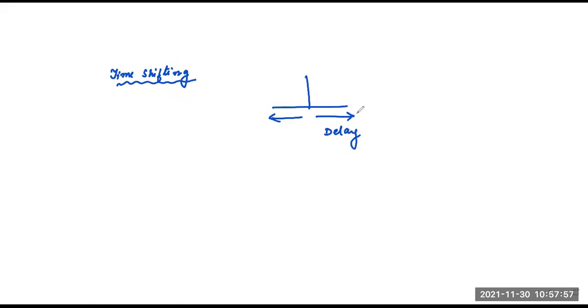So advance and delay. We will talk about this advance and delay and time shifting of discrete time signals in the next class. And then we will go for the discrete time system, because only 3 minutes is left. But we can discuss the delayed unit impulse. So what is a unit impulse? This is the unit impulse we have discussed. This is the 0, this is positive, and this is negative. And this is delta n.